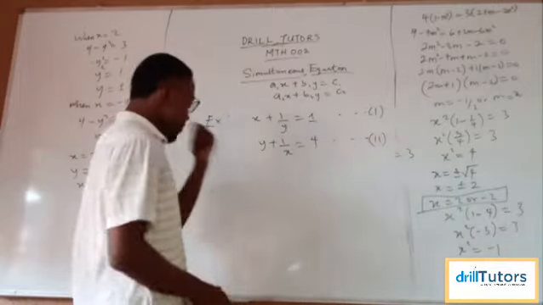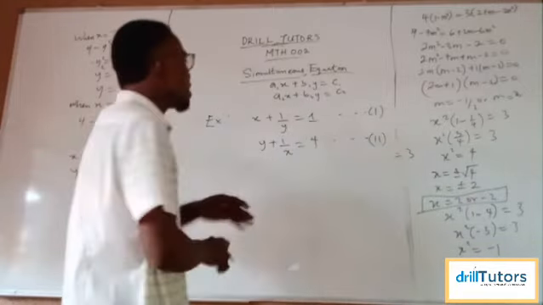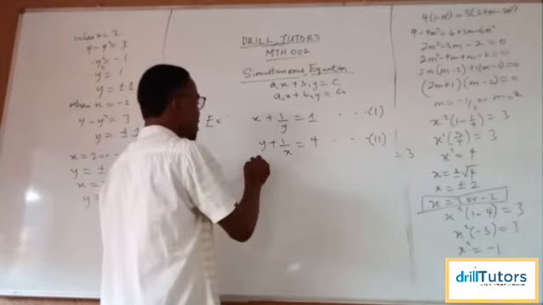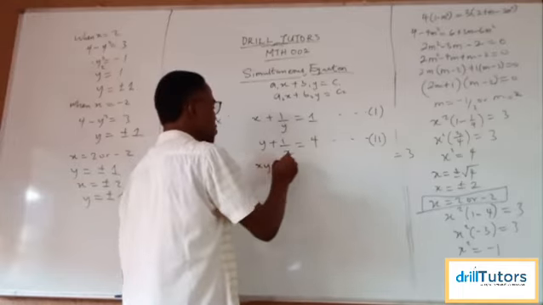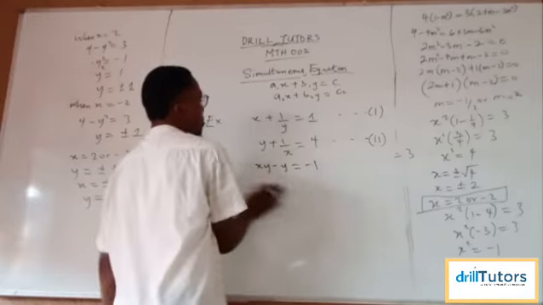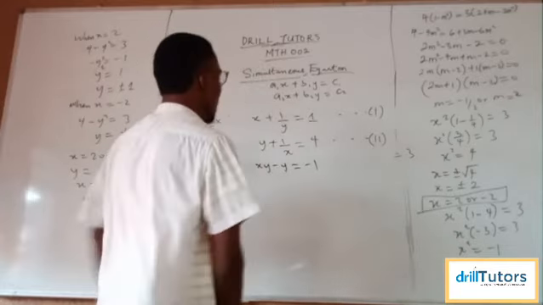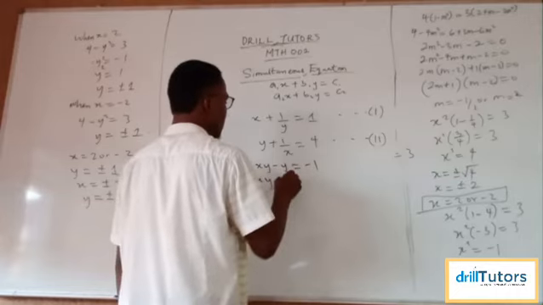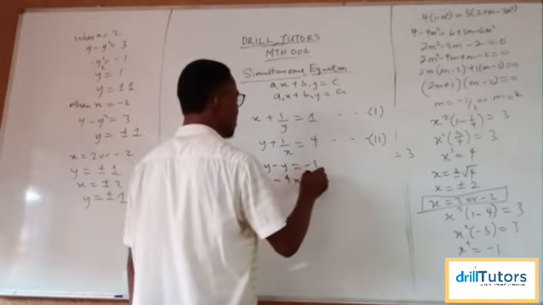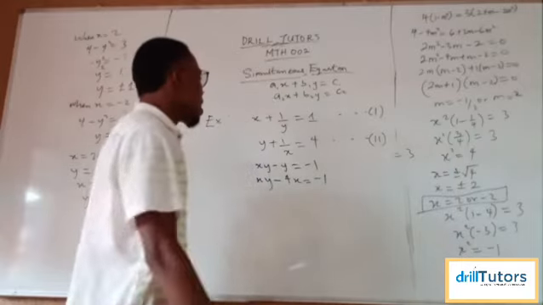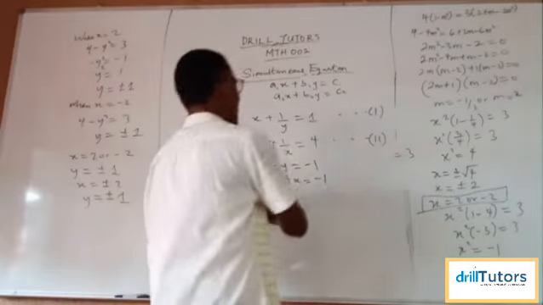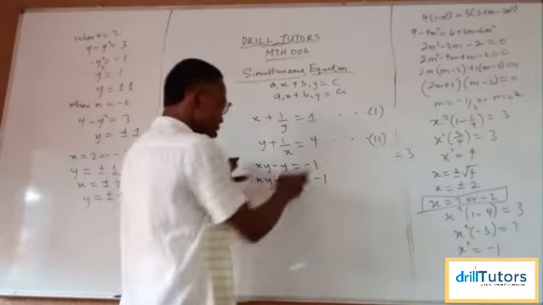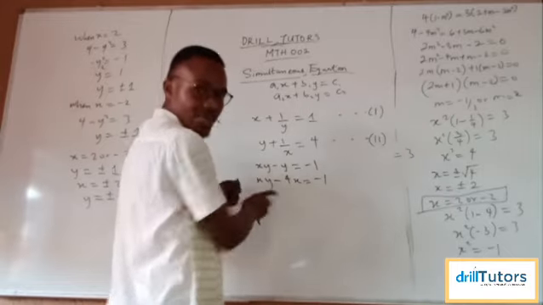from equation 1, if you find the LCM and simplify from here, you are going to get xy minus y to be equal to minus 1. That's for the first equation. And for the second equation, you are going to get xy minus 4x to be equal to what? Minus 1 as well. So we have the same thing here, minus 1, this,